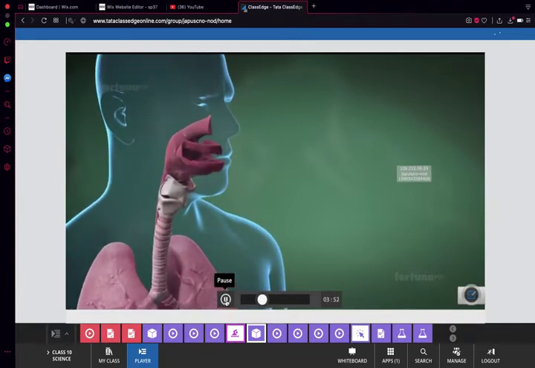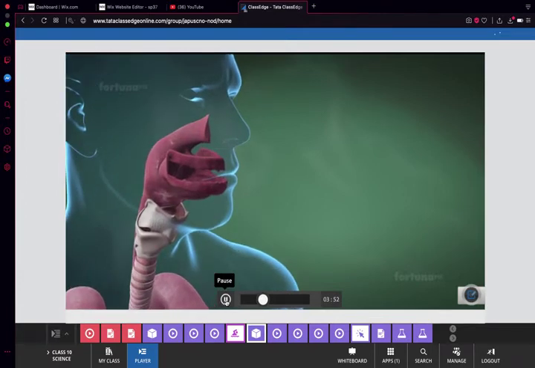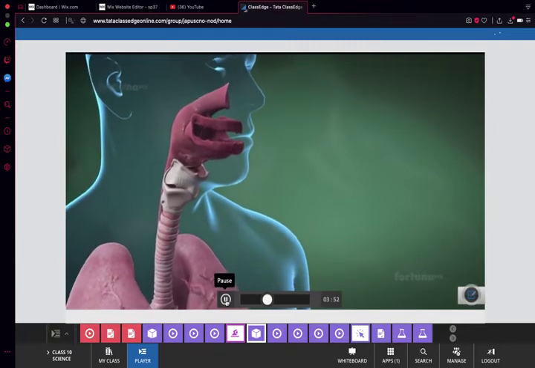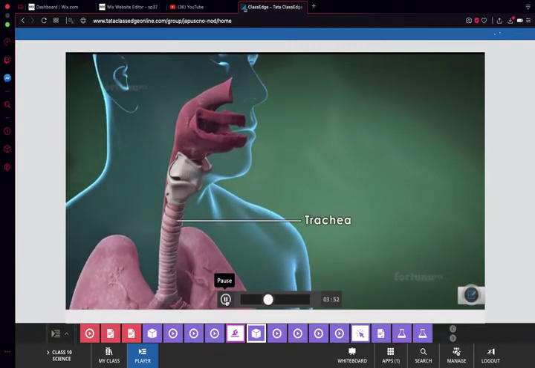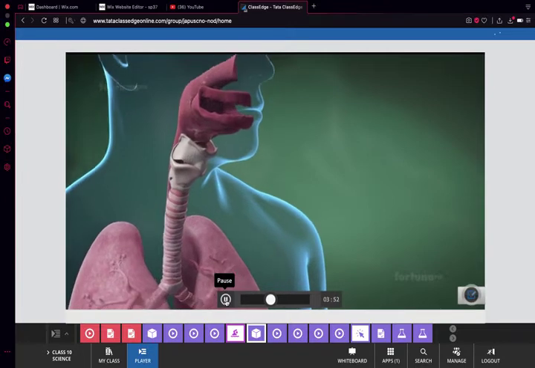The nose is the entry point for air moving into the respiratory system. Your nose opens into a cavity above the upper jaw and then into a space called the pharynx. The pharynx is the common pathway for both food and air. The pharynx continues into a tube known as the trachea. Connecting the pharynx to the trachea is the larynx, commonly known as the voice box. The trachea extends